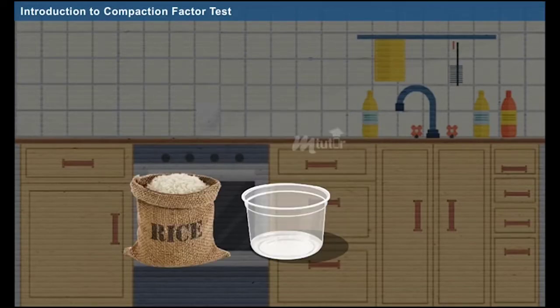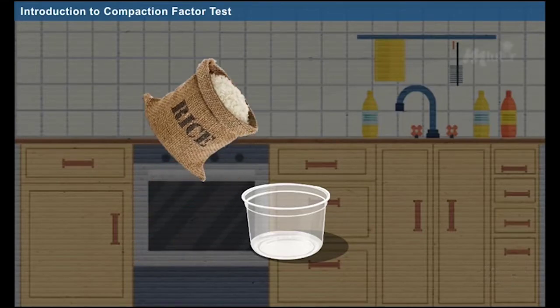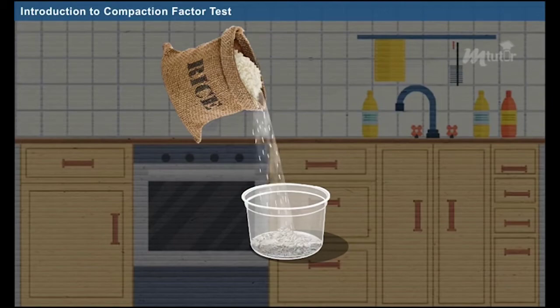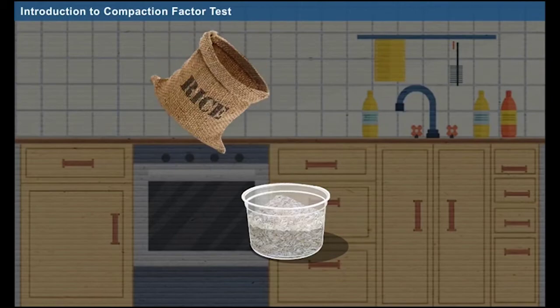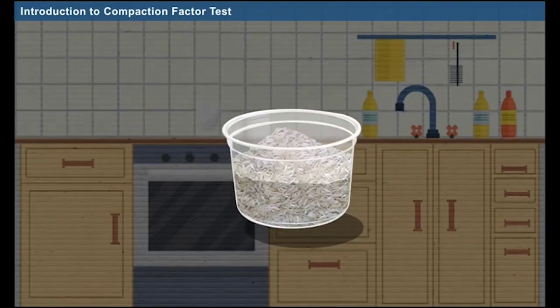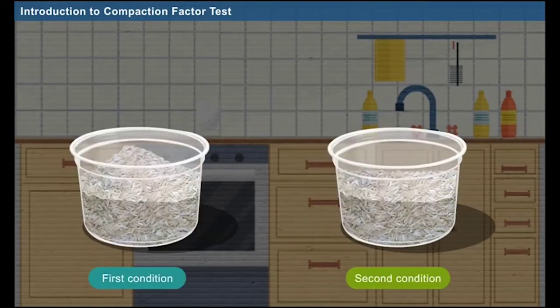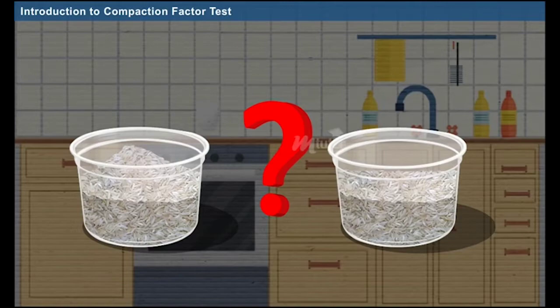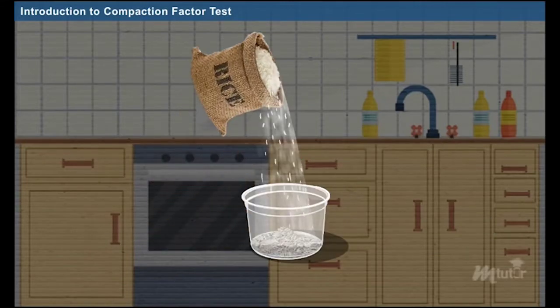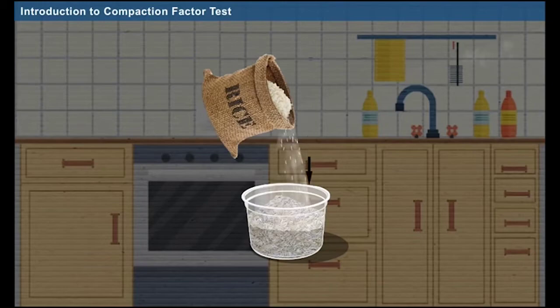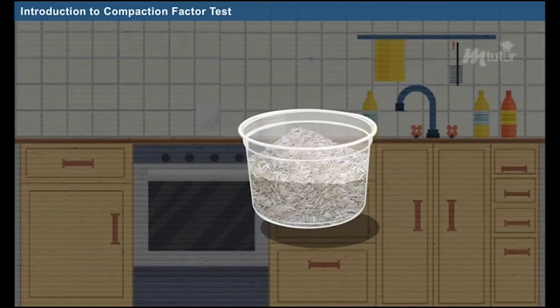In the same situation, what if the rice is poured into the container from a particular height? While falling from a certain height, the grains get compacted internally due to the gravitational force applied. Then, you shake the container externally. When you compare both the conditions, external energy for the first condition is more than the second condition. Do you know the reason for this? It is because the grains that fall from a certain height get compacted internally, and then you shake the container